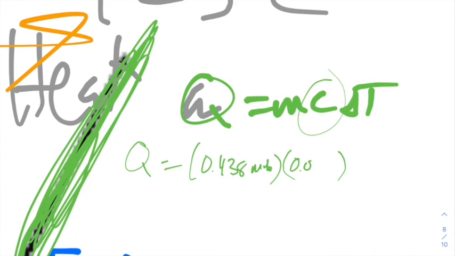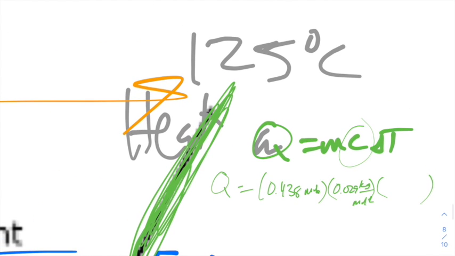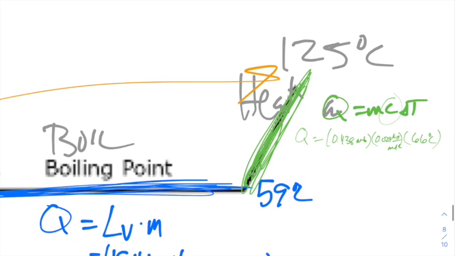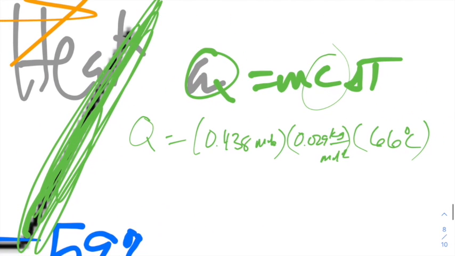So the specific heat of the gas is 0.029 kilojoules per mole degree Celsius. And what are we doing? We're going from 59 up to 125. So 125 minus 59 gets us another 66 degrees Celsius. Look at that. How curious is that? All right. So then my Q is going to be equal to 66 times 0.029 times 0.438, which is 0.838 kilojoules